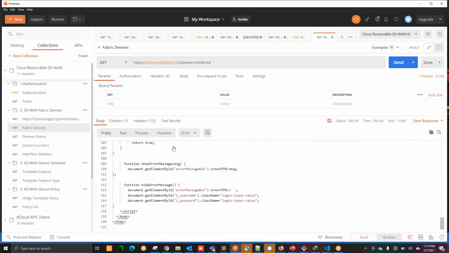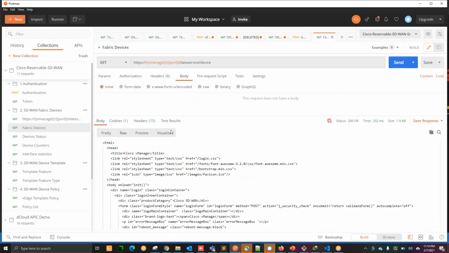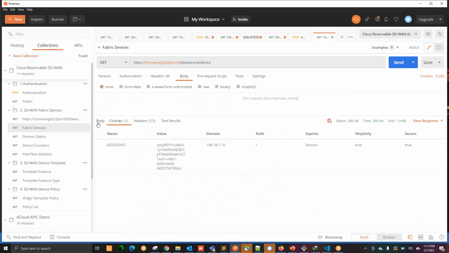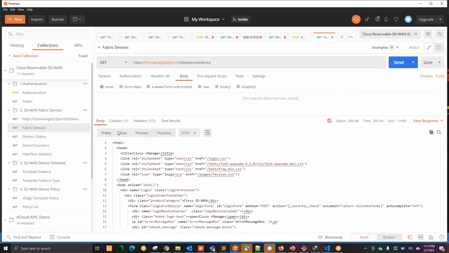And I can't see anything. Let me see here. Body. Raw. First of all, I don't want this. And again, you can see the problem with Postman. We are looking for some information and getting some other information, but this result will print the devices with the information about the devices.